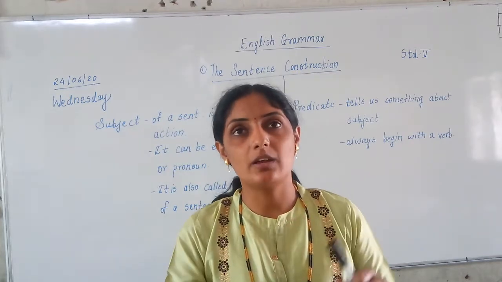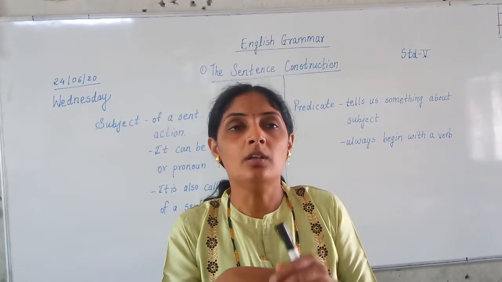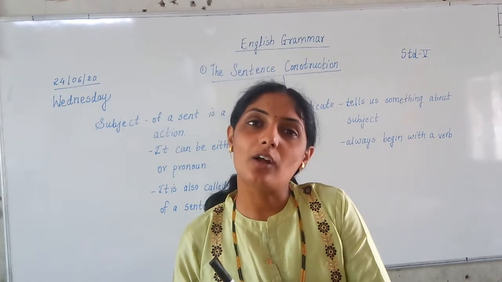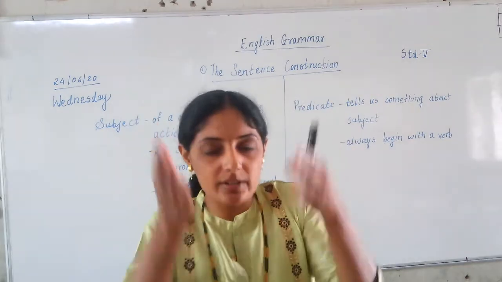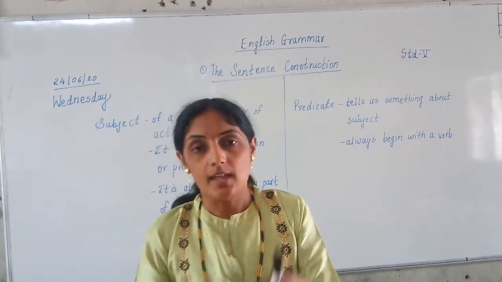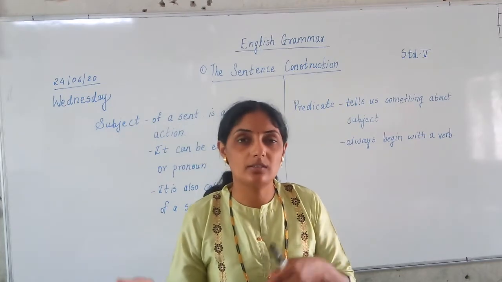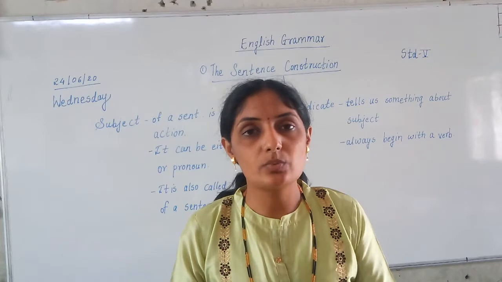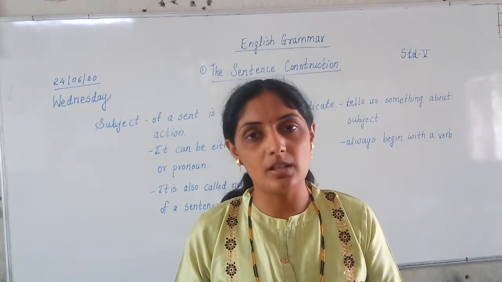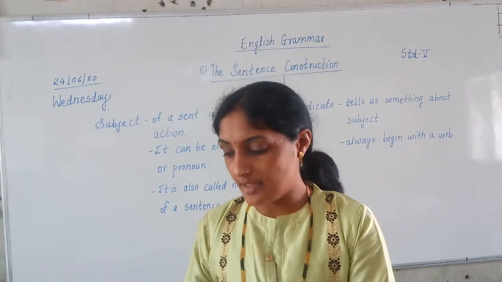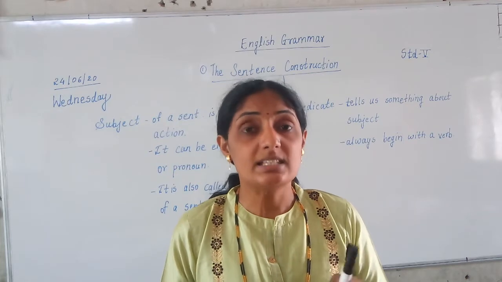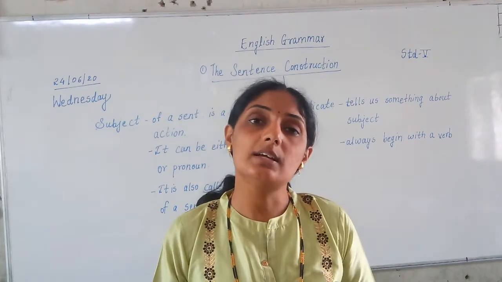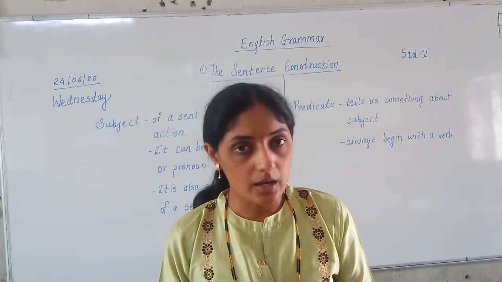If someone's name is, for example, Priya, then she is called Pari at home. It is the name of the same girl. In the same way, noun and naming word are the same. Noun and naming word mean the name of a place, an animal, a bird, a thing. In the same way, subject means doer of action, and the naming part of a sentence is also called subject only. Have you understood?